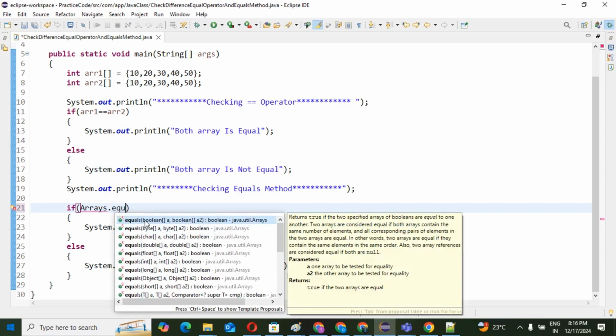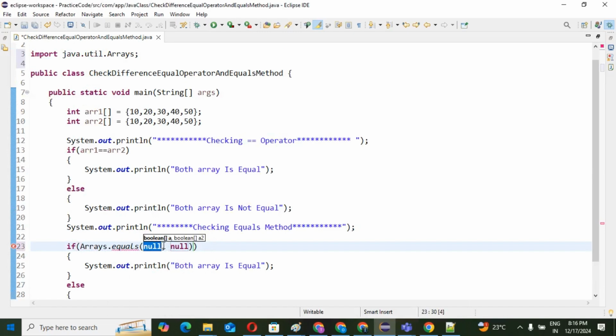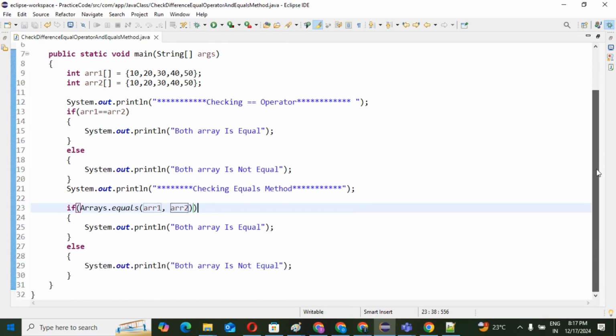Then we can pass two inputs, this is array 1 and this one array 2. This is a utility method, also a static method which is available inside the Arrays class. When I call this equals method, we can see what response comes.